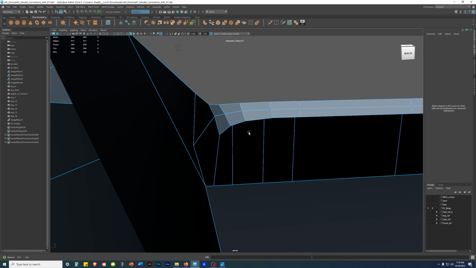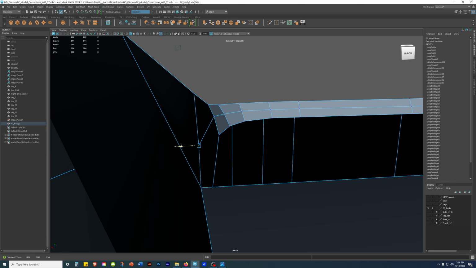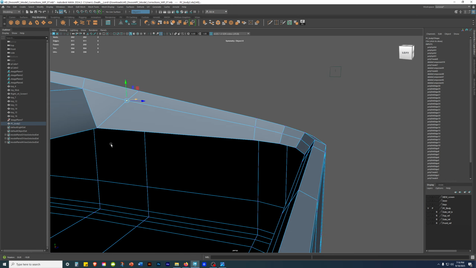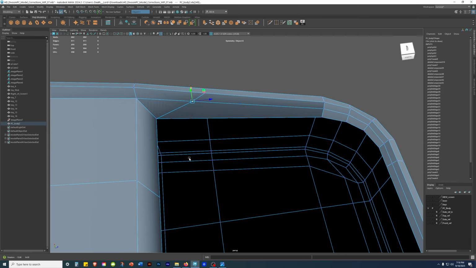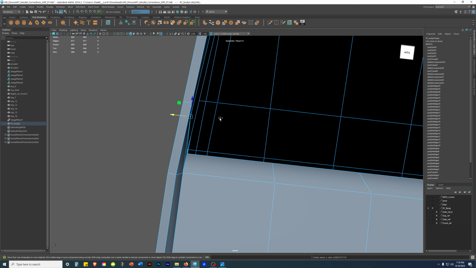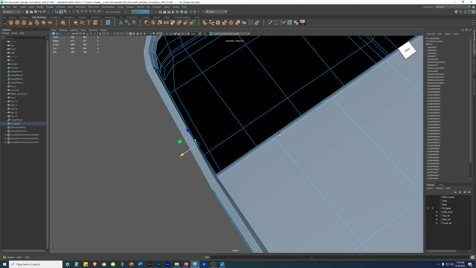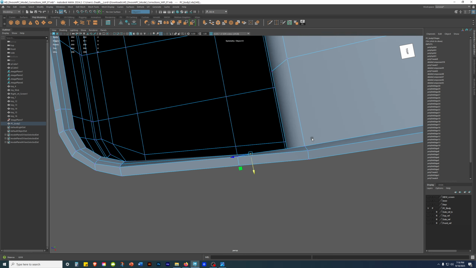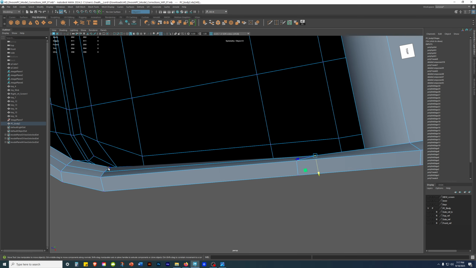Right here. Before, after, before, after. So I'm bringing back this plane that was, there you go,